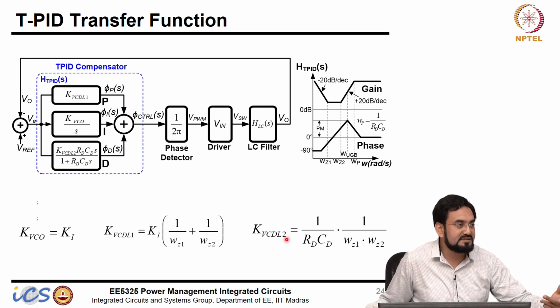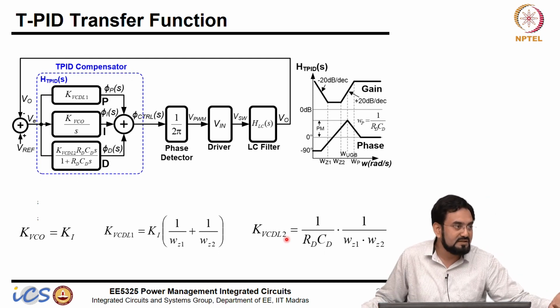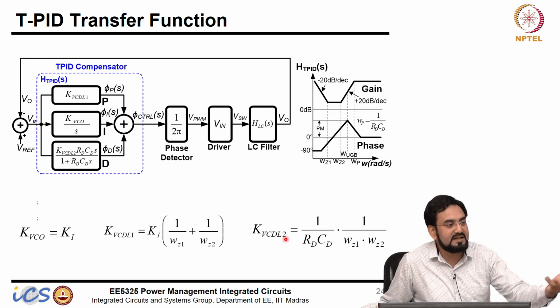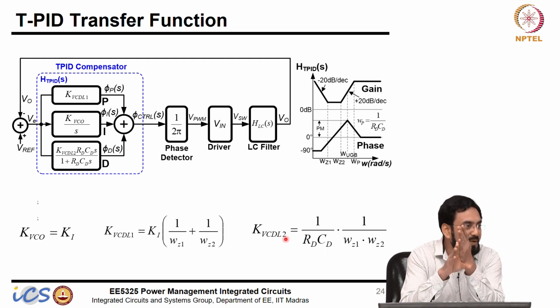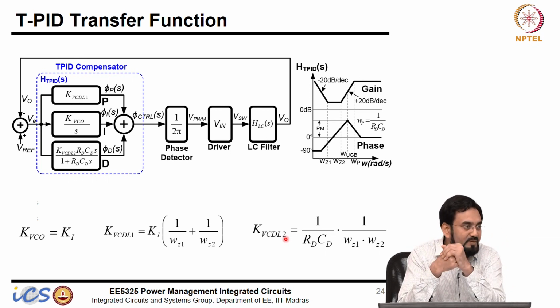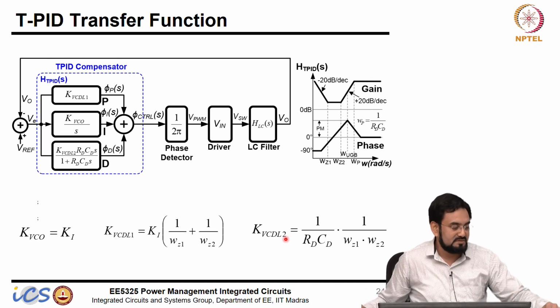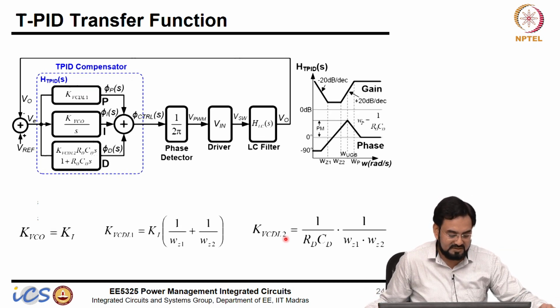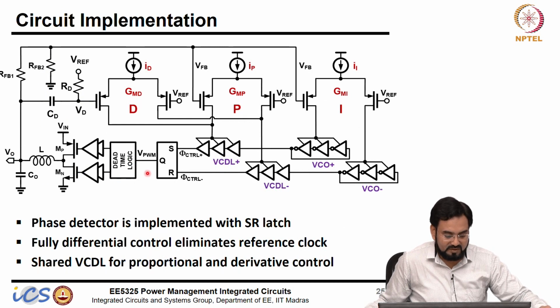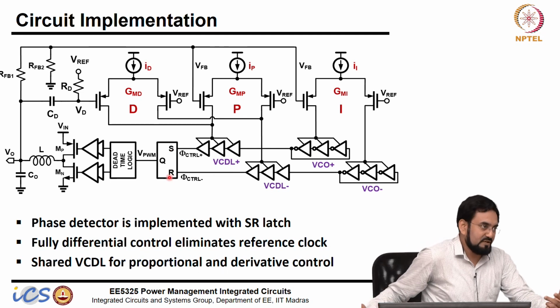There are two phase detectors. You can build it with, let us say, a simple XOR gate. In that case it will be pi. The range is only pi, it will saturate at pi, but if you are using a flip flop PFD, that will give you 2 pi phase difference. So it depends how you implement it actually. In this case we have implemented it simply using an SR flip flop.